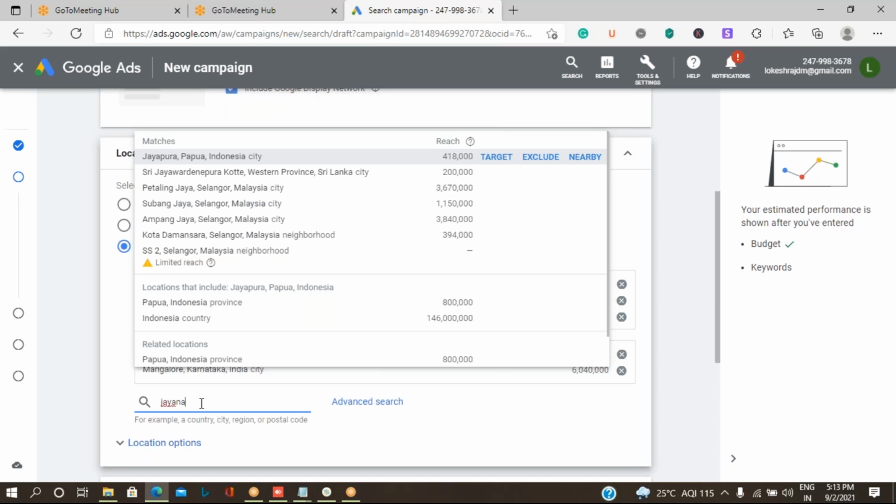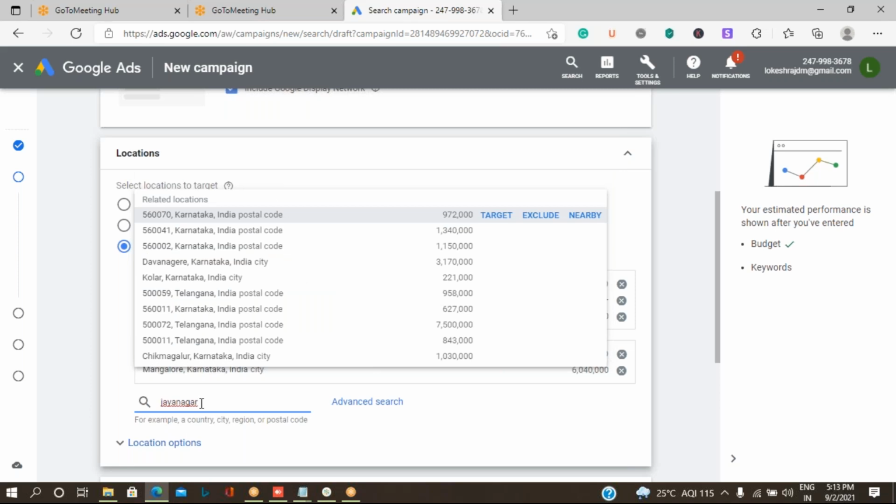Instead of that, you may get pin code numbers. Okay, so for cities, particularly Bangalore city and its local regions, if you want to target them, it may not show you the names of the places, it may show up the pin code numbers. So do not get confused that it is not showing. It is showing, but in a different way.